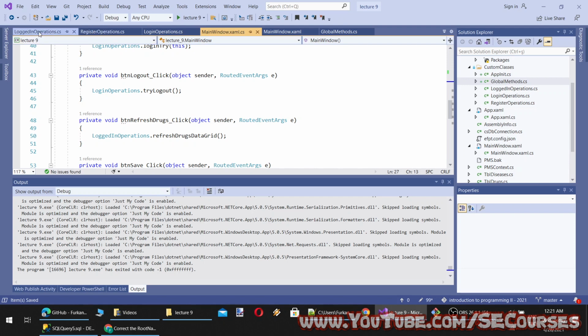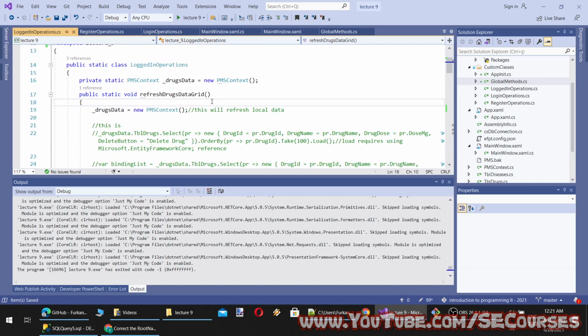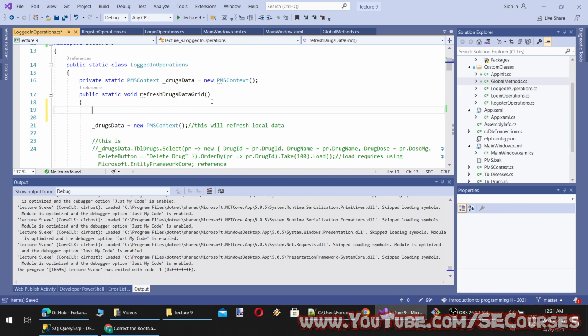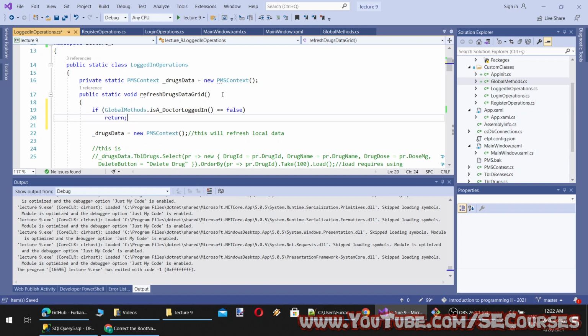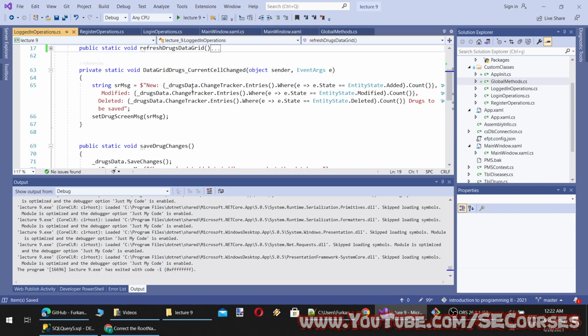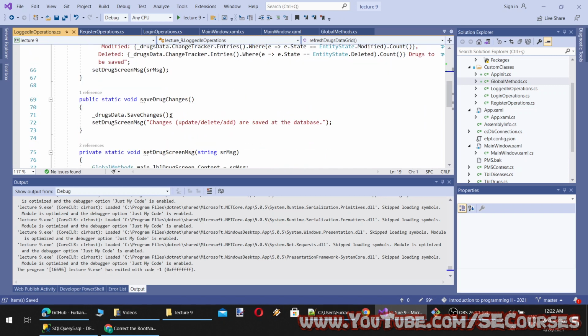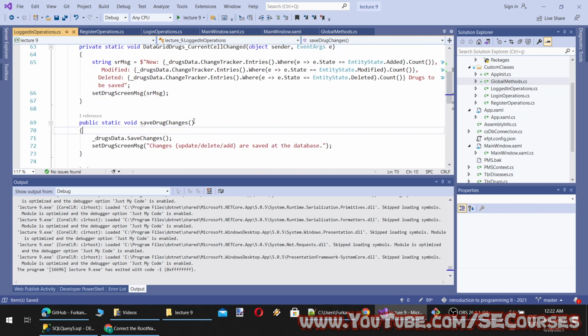And in our logged in operation, first I need to check that if a doctor is logged in or not. So in global methods, is a doctor logged in? If it's equal false, return. So I won't allow none other than doctor user to be able to view, refresh, or save changes.